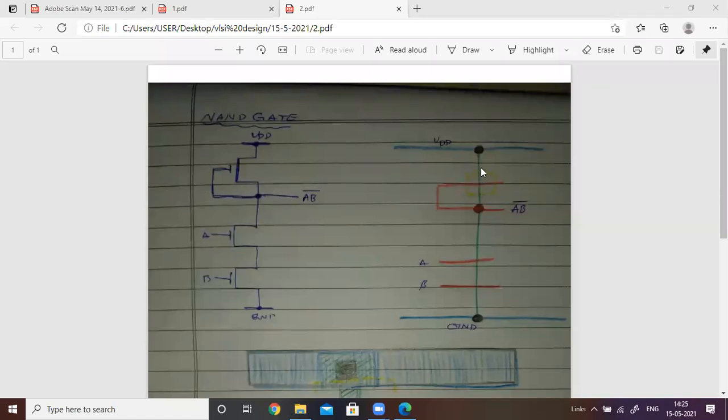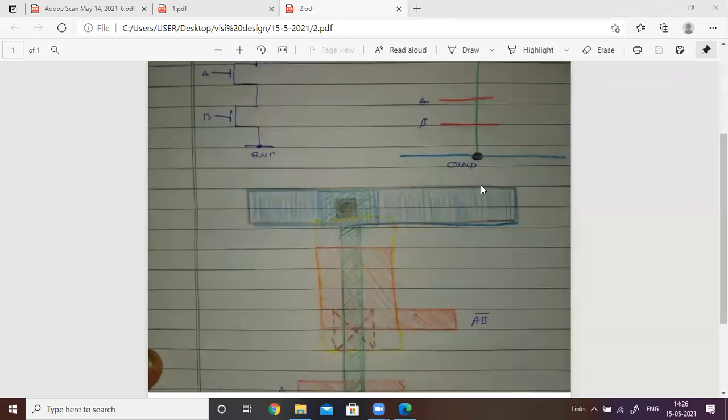Okay, draw the stick diagram. So already we discussed this in the previous classes. Okay, so this is transistor A formed here. Whenever the polysilicon B crosses here, a transistor is formed, and then the depression mode transistor forms here. Okay, depression mode transistor is formed here. So this is the implant, and the source is connected with the ground terminal, and we are having the buried contact here, and this is the ordinary contact. Okay, that is about the stick diagram of the NMOS NAND gate.